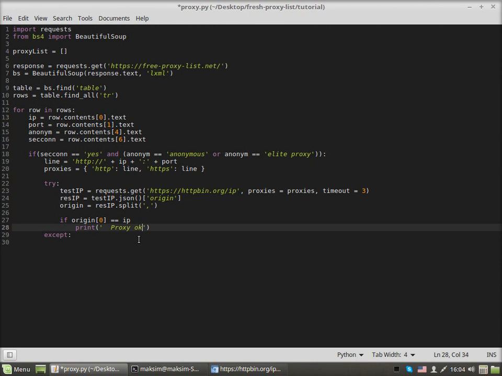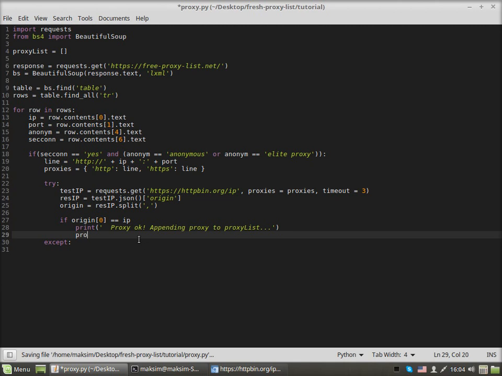Okay, abandon proxy to list. And actually the proxy list append line. Yeah, well, but probably before doing that we want actually to print